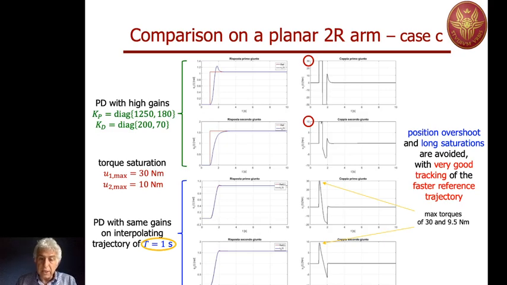The transient is fast enough, even faster than the previous case, no overshooting. We don't care about any error along the trajectory. I'm not showing this because the only thing we were caring here was the final destination, because this remains a regulation task. And with this, we conclude today's lecture, and